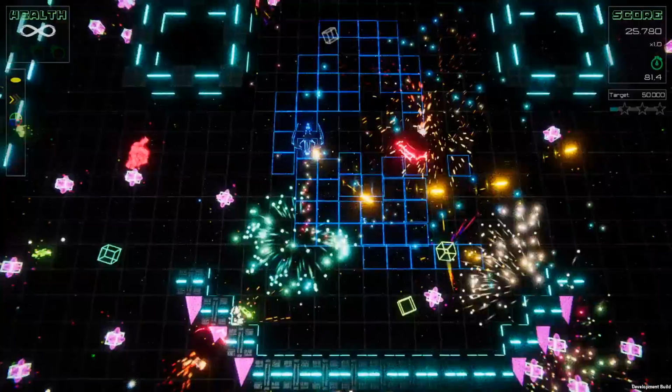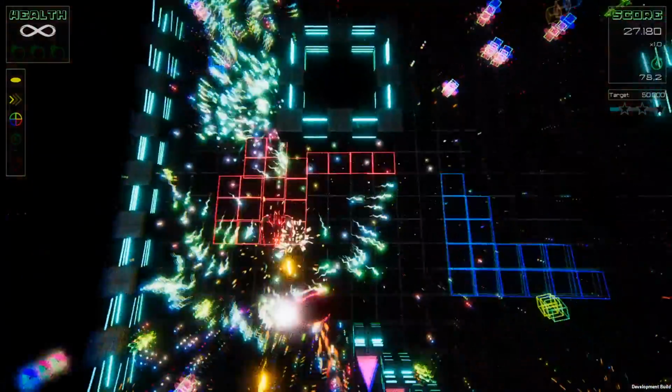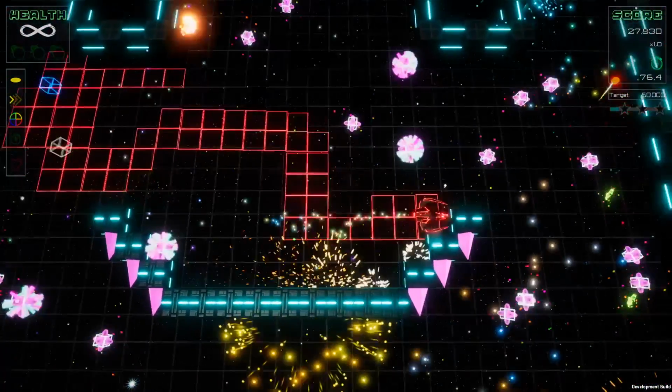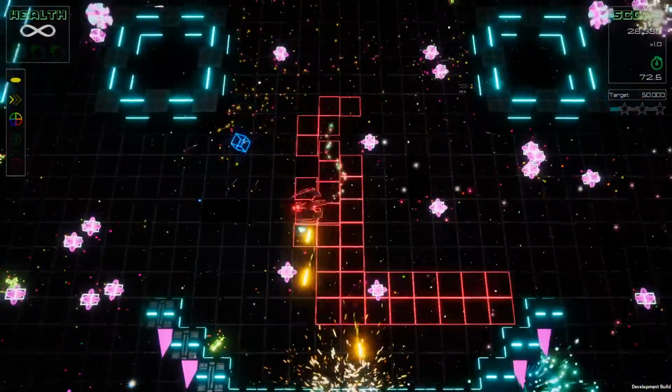Because some people just don't have gamepads, some people just have to play with a mouse, and at the moment it feels very unnatural to aim with the mouse. Usually, when you control a top-down shooter with the mouse, you shoot where the cursor is. In a perfect world, I would just consider doing that. Put a pointer in the game, put a cursor in the game, and just let me shoot in the direction of the cursor. I feel like that feels a lot more natural to mouse users.